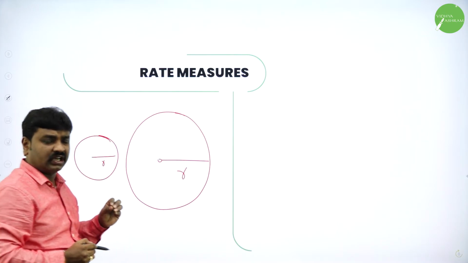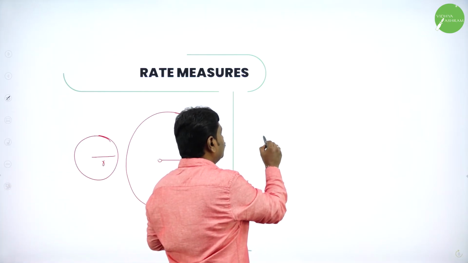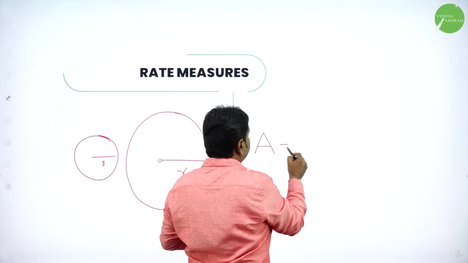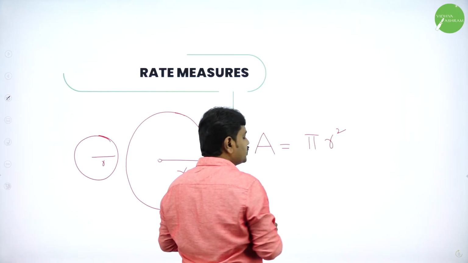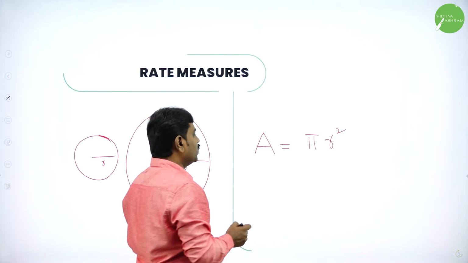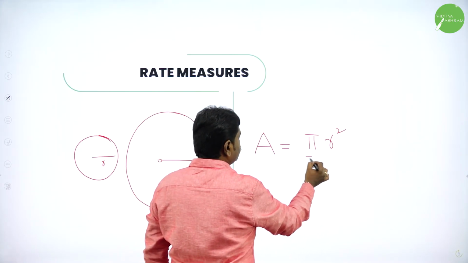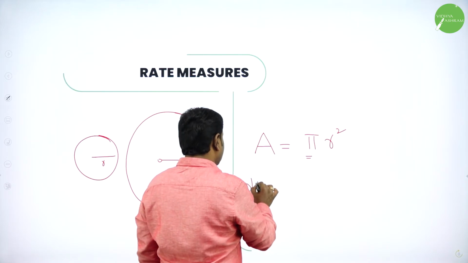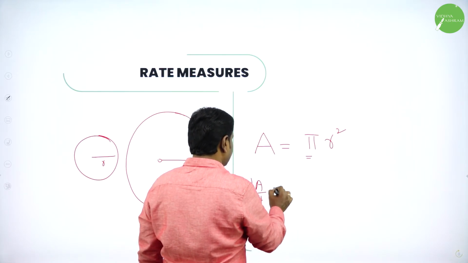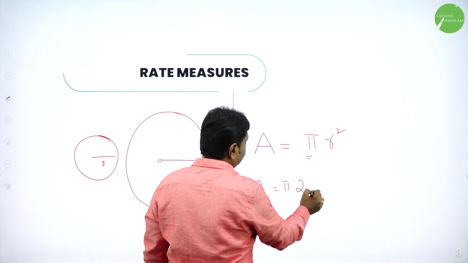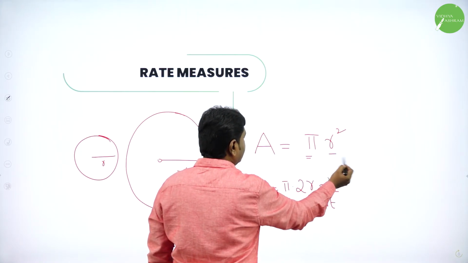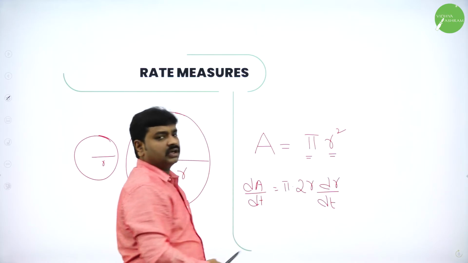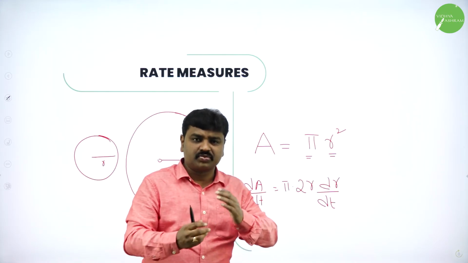They're talking about a circle. So to solve the problem, you should know the area is how much? Pi r square. What is the area of a circle? Pi r square. If you know this, then you can differentiate both sides and get the answer. While differentiating, pi is what? Constant, so we take it out. And r square, what is the derivative of r square? After you take pi out, the derivative of r square is 2r into d by dt of the inner function r, that is 2r into dr by dt. Pi is constant, take it out. So these are the basics to solve the past problem.